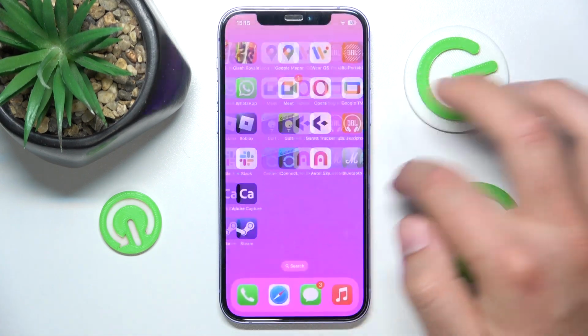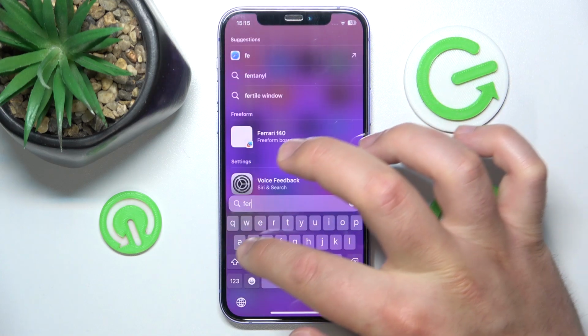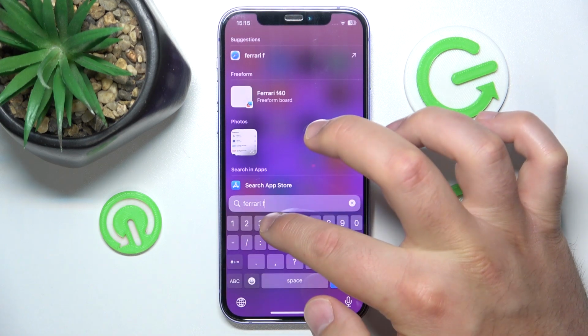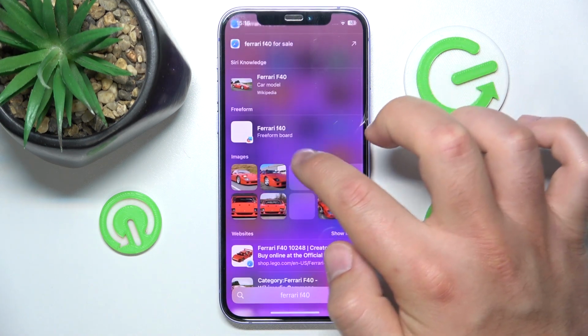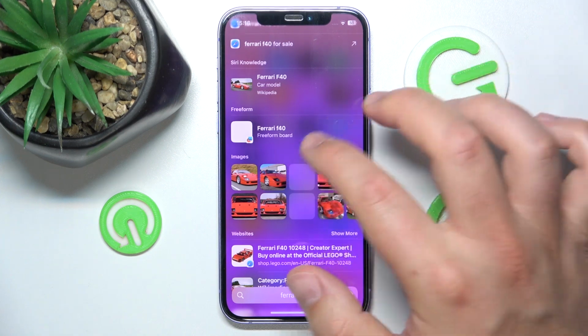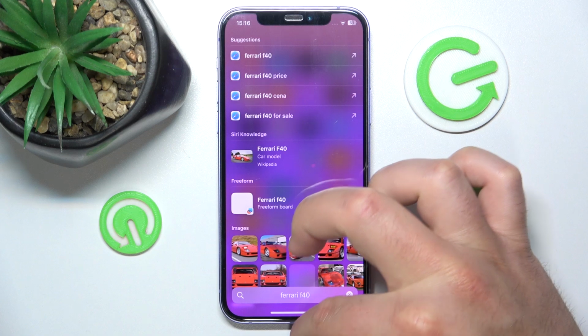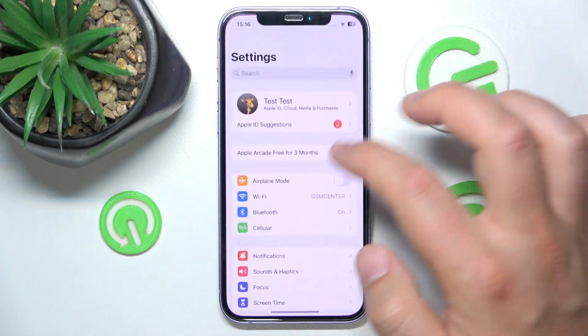And now let's go to Siri Search and type Ferrari F40, and now as you can see we can find the FreeForm boards right here in the Siri Search. But let's say we don't want to have it, so what you want to do is to open settings,